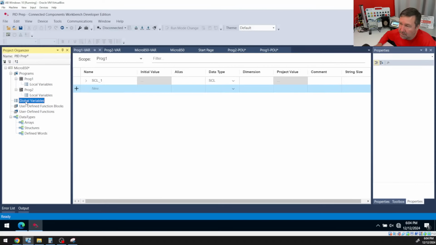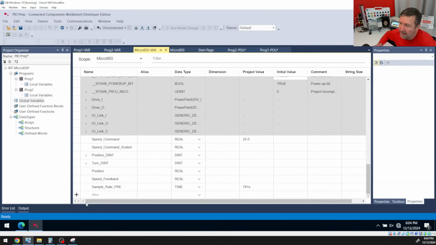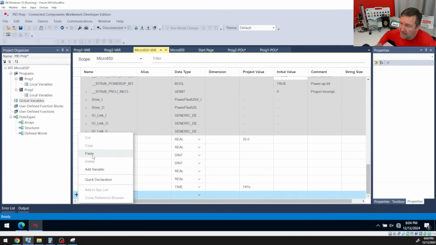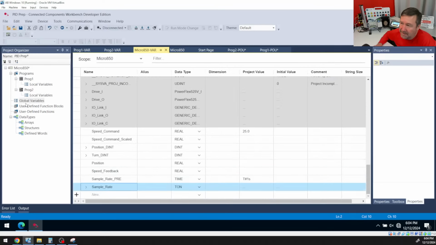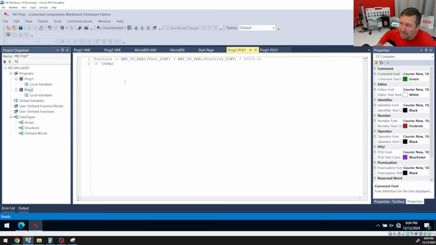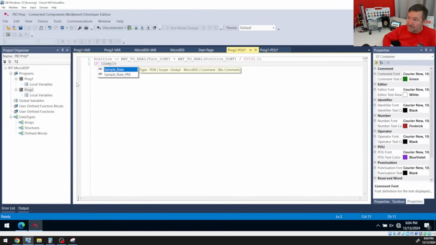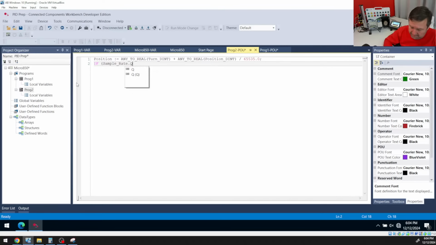We're going to double click on our global variables, go to the bottom, right click, paste. That'll make the global variable accessible anywhere in here. And we can go right back here. And now when we type sample rate, we have sample rate dot Q. So if sample rate Q, then, and in our then we're going to put,